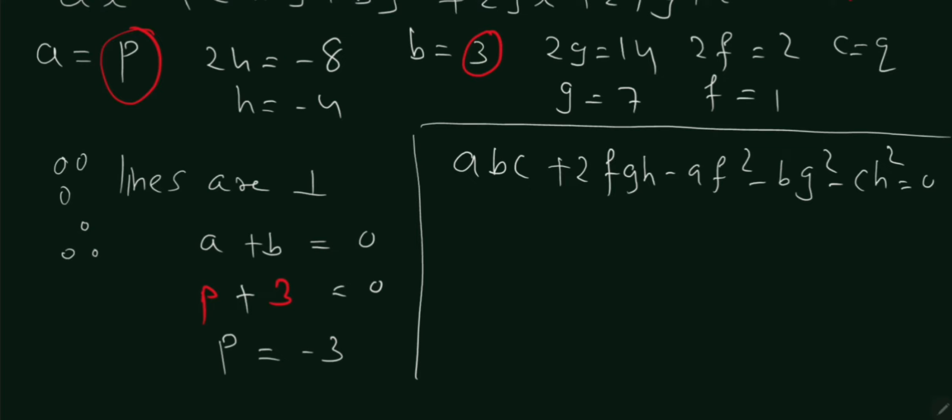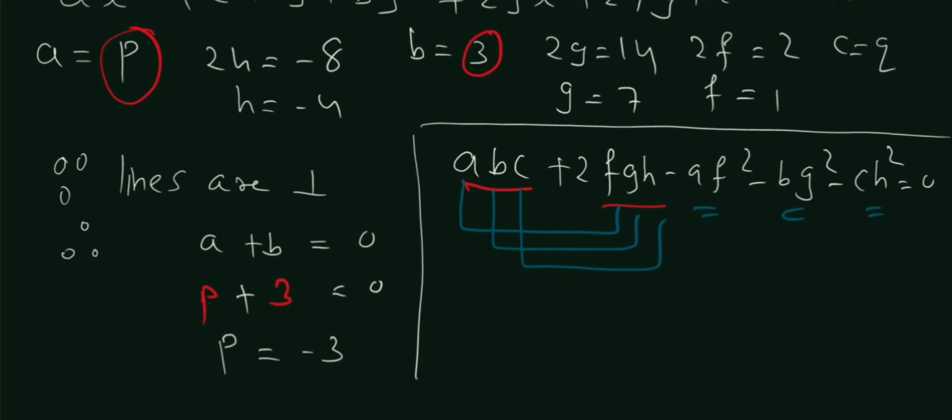What I want you to observe here is that a, b, c is in sequence, d and e is not there, but f, g, h is again in sequence. The next thing you need to observe is first is paired. So this is af square, bg square, and ch square. This is how easy the formulas are in this chapter. What you need to do is now you just need to substitute the value of abc, fgh, af square, bg square, ch square, substitute the value of this thing and get the missing value q.